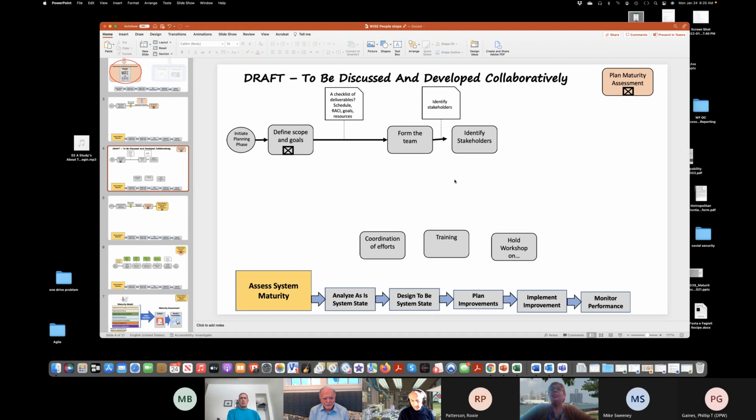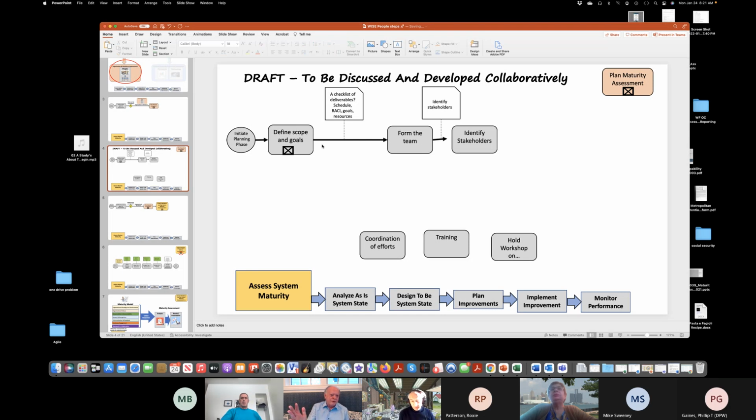I'm just saying have a checklist, right? It's another tool. But you were saying two things. You were saying that you need to define a list of things that needs to be produced by this, which is an excellent point. But you were also saying that you want to say how exactly you are going to do this. And if you want to describe how exactly you're going to define the scope and the goals, a better way to do it is to take this one box and blow it up,